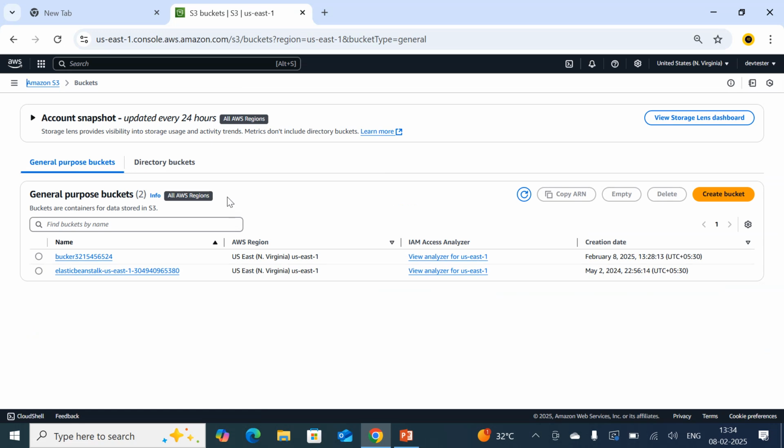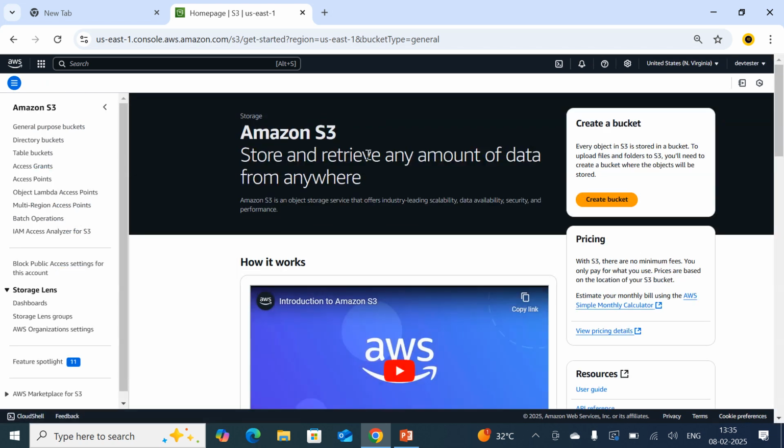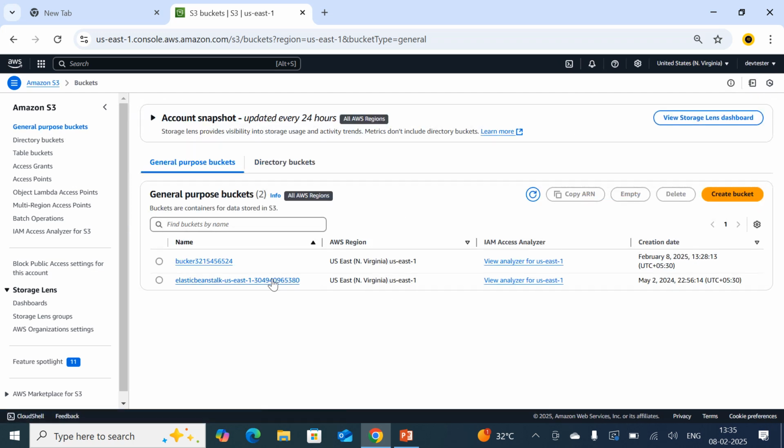Suppose if I am going to delete, what is the basic reason to enable the versioning? In order to protect the data from accidental deletion. Generally, we provide multi-factor authentication while deleting objects from the S3 bucket, because it is going to avoid accidental deletion of data from the S3 bucket. So if he deletes that object using multi-factor authentication, it means he is deleting that object wantonly, but it is not accidental. So by doing that, we can do that.